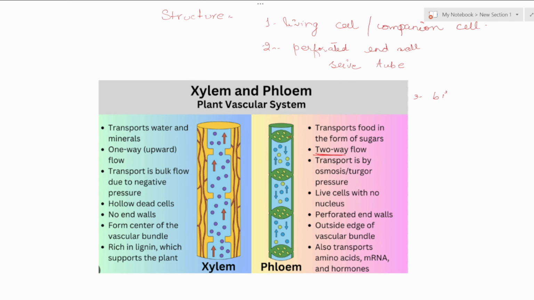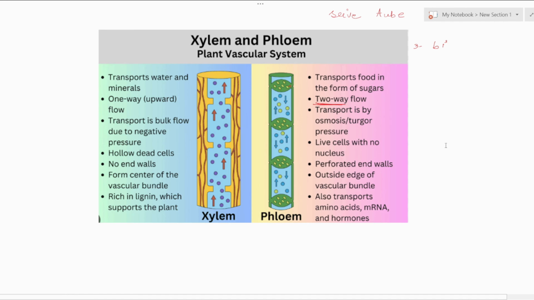Exactly, which helps the plant to germinate. Okay, let's go to the mass flow hypothesis. It's a very simple thing. You just need to remember 3 or 4 points. Though I told students that there are many points, let's make it simple for you. Mass flow hypothesis. Number one,